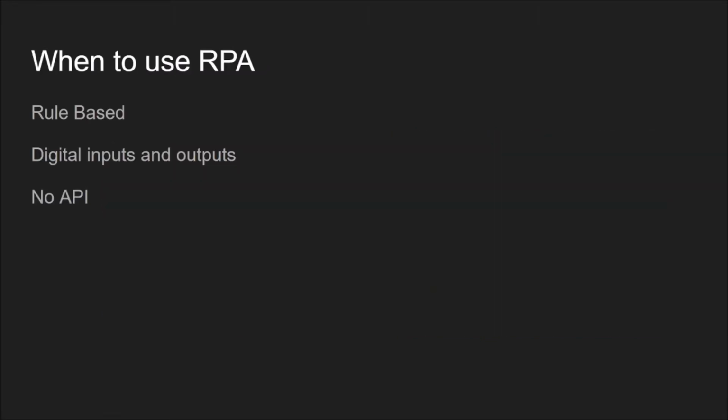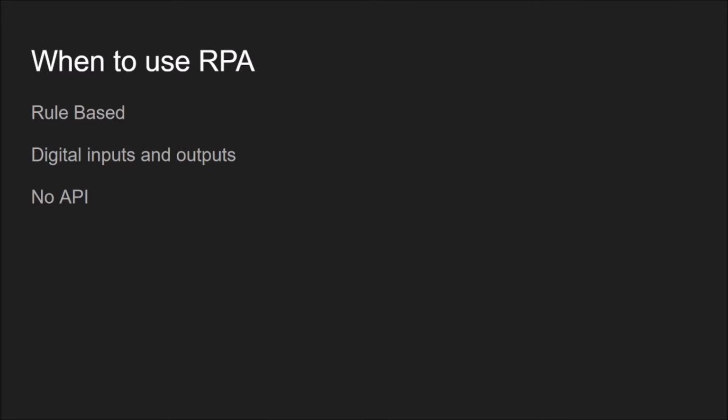When to use RPA? You want to use RPA when the process is rule-based. Whenever it's just got a list of steps or a recipe that you want to do, that's when RPA is good. Digital inputs and outputs: whenever everything is digital, maybe the input comes from an email or the output is a file created, that's a really good thing. If it starts with someone saying something or a letter in the mail, that's not a good